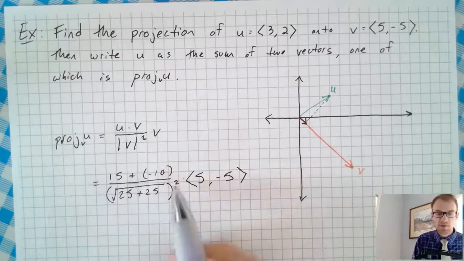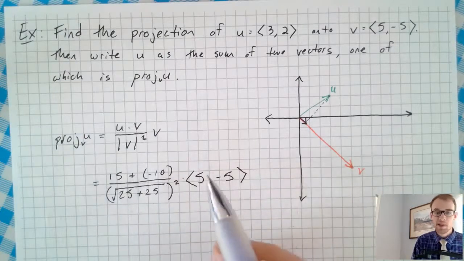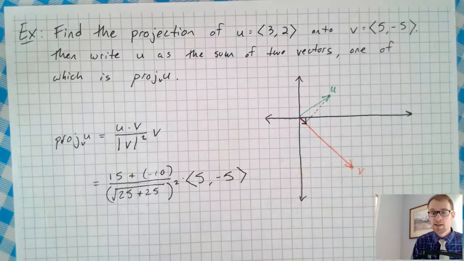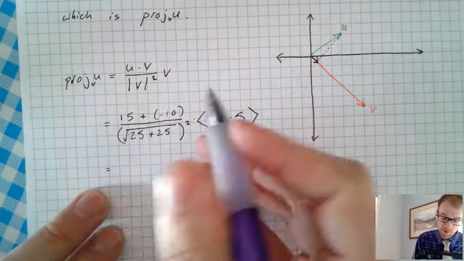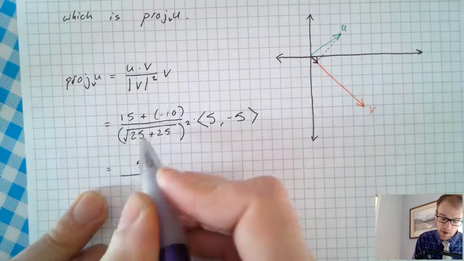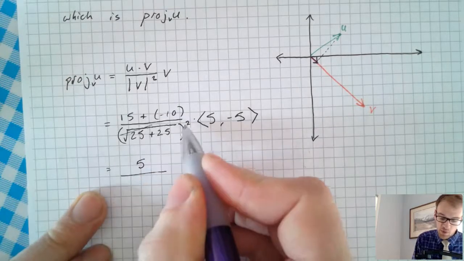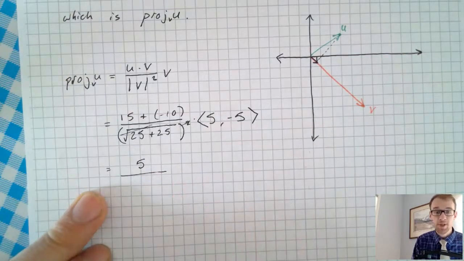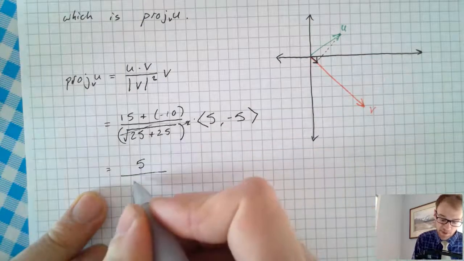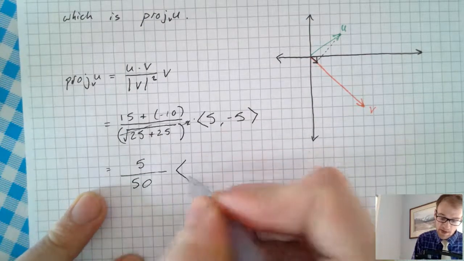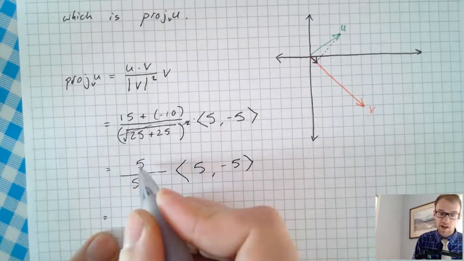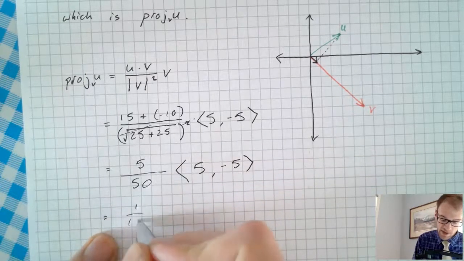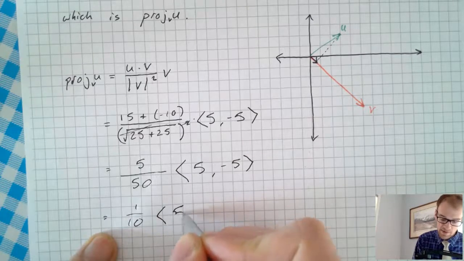So this is going to simplify down to one number, and I just multiply that number by both components of v, and I've got my projection. Okay, so on top, 15 plus negative 10 is 5, over my square root and my square undo each other, and then I've got 25 plus 25, so I've got 50 there, times this vector 5, negative 5, and then 5 over 50, that's going to simplify to 1/10, times 5, negative 5,